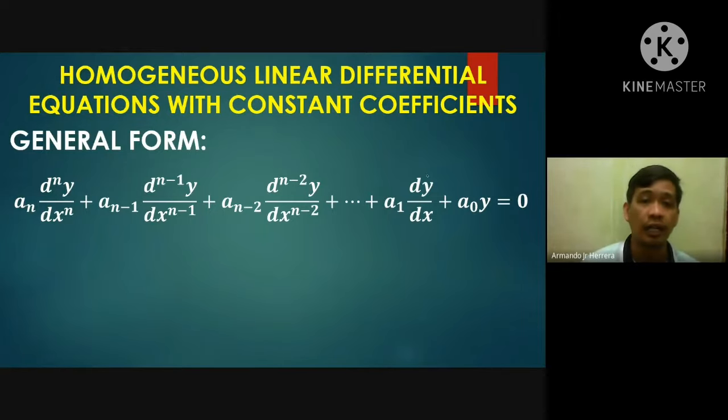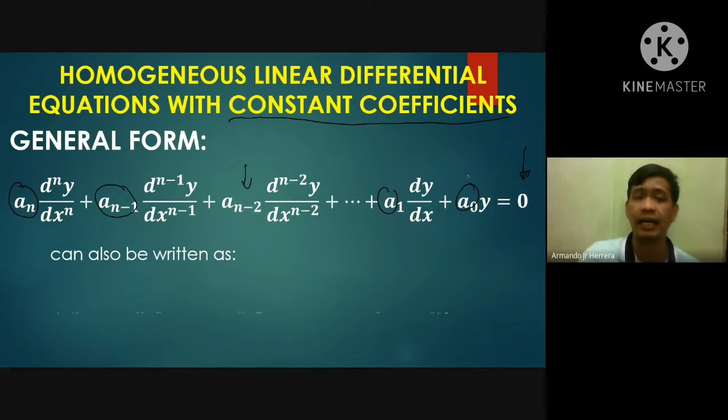The linear differential equation is said to be homogeneous if the right side is equal to 0. Since our LDE has constant coefficients, a_n, a_(n-1), up to a_1 and a_0 are all constants. So this can be written as